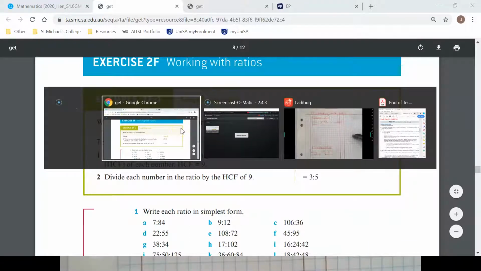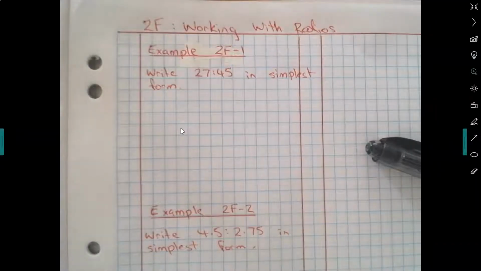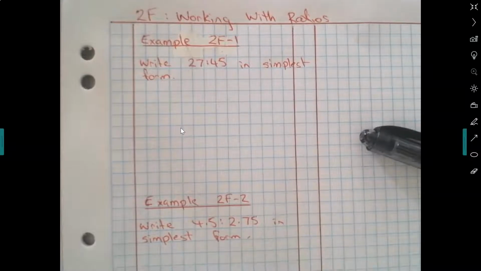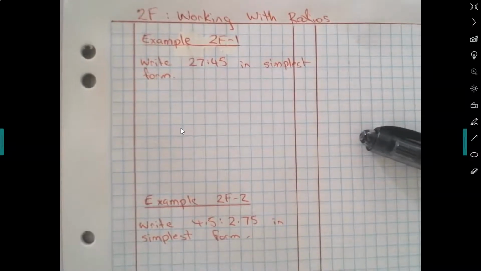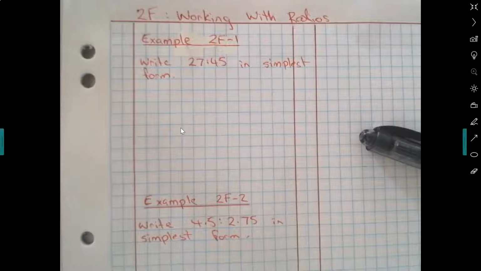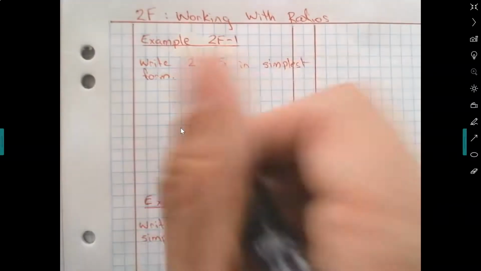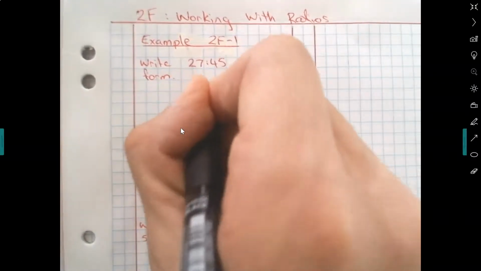Again, like we said, it's similar to when we try and reduce a fraction or simplify a fraction. We're looking for a common factor which we can divide each side by. So 27 and 45, I know what number is a factor of each. Yep, 9. So if I was to divide each side by 9, you'd start off by saying 27 to